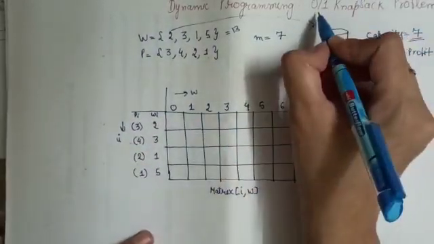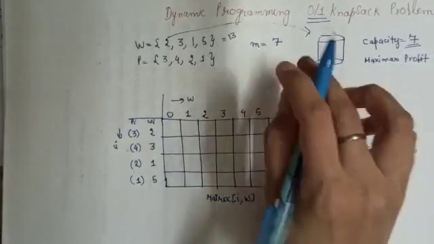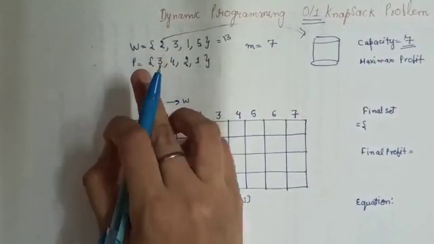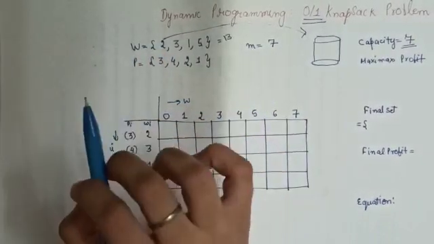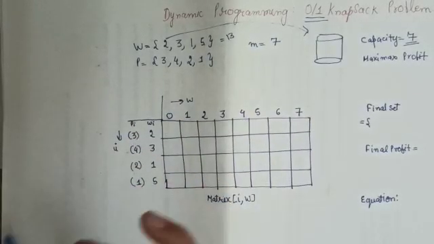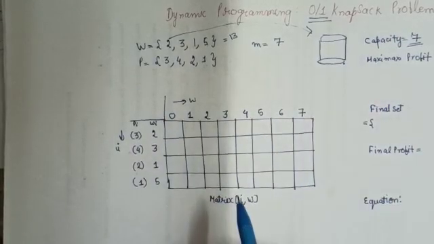Now since it is 0/1 knapsack, in the 0/1 knapsack problem you can either choose the item or reject it. You can't take a fractional item. You can't take like 1/2 of the item. The item is indivisible, you cannot divide the item. Clear? So now we will start with this approach.